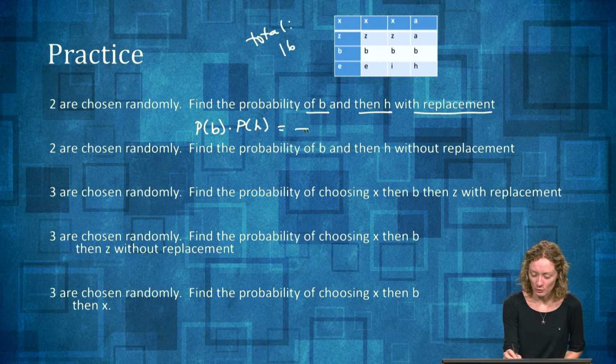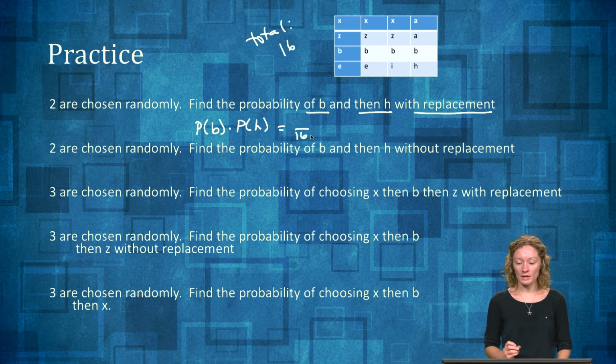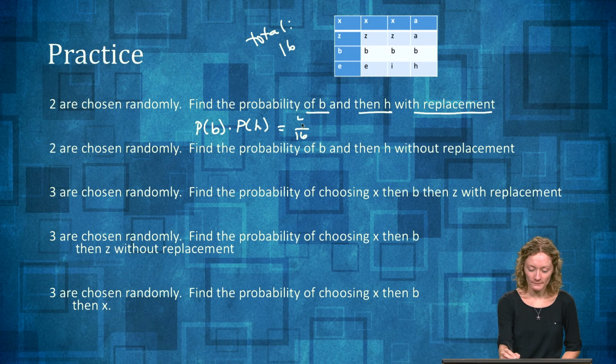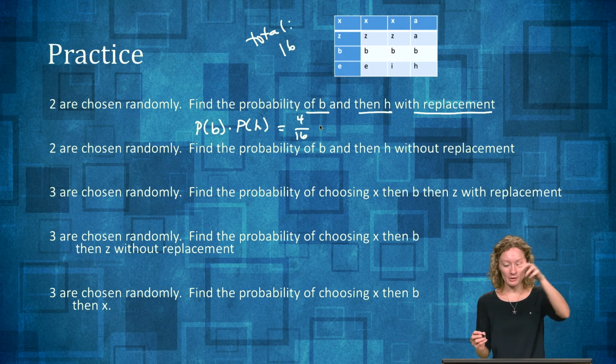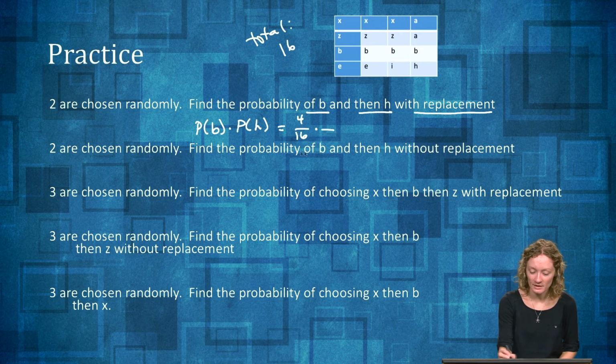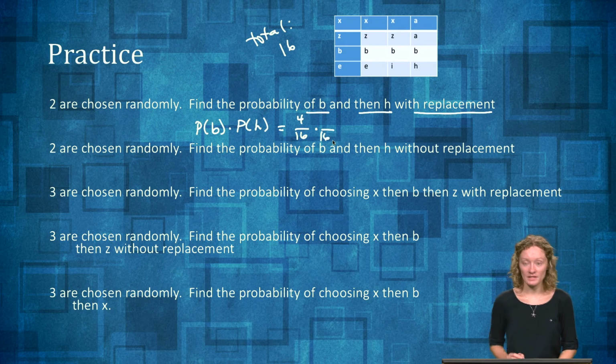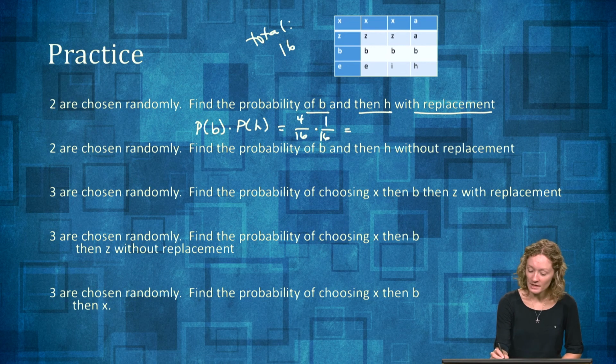There are 16 total. Of the 16, how many are a B? 1, 2, 3, 4. We picked a B, and then we put it back in. So on our second selection, we still have 16 choices because there was replacement. Of the 16, how many are an H? Only 1. 4 over 16 times 1 over 16,